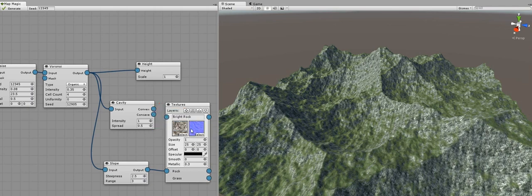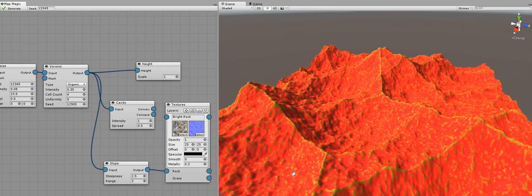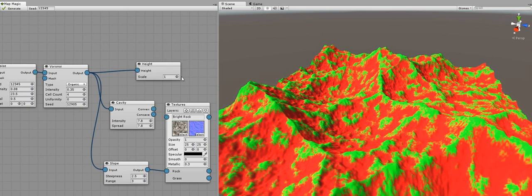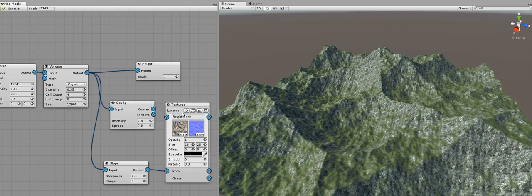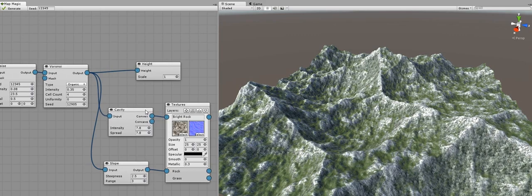Preview on terrain. And when I press generate button, I will see a red field, with some green pixels on sharp terrain edges. So I will raise intensity level and raise the spread a bit, like this. Okay, now I will clear the preview and connect output to the height.